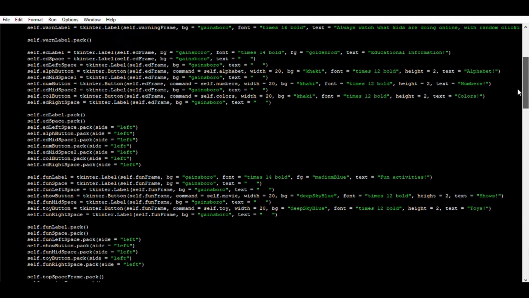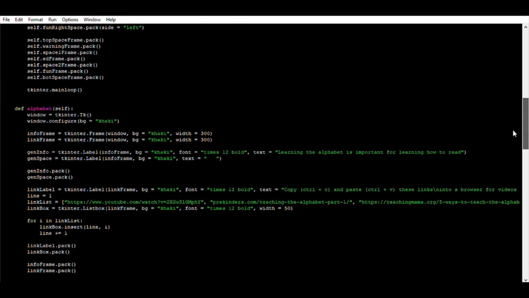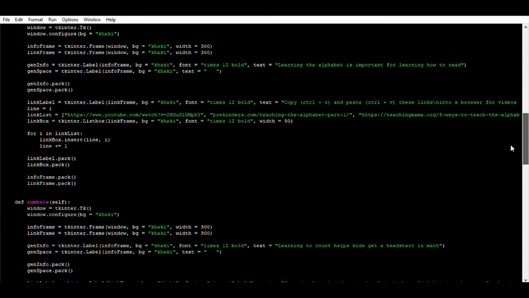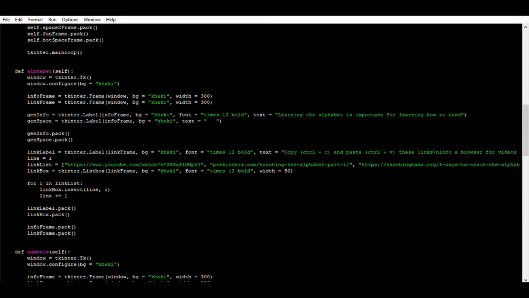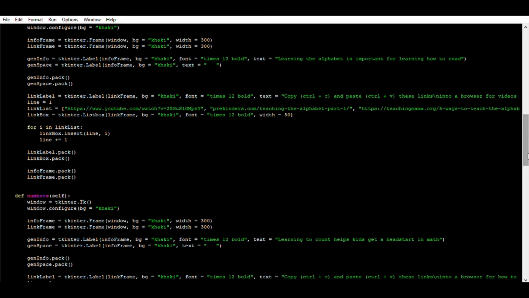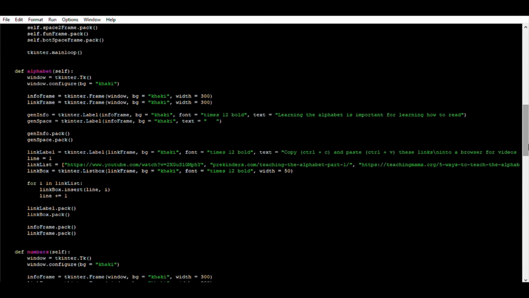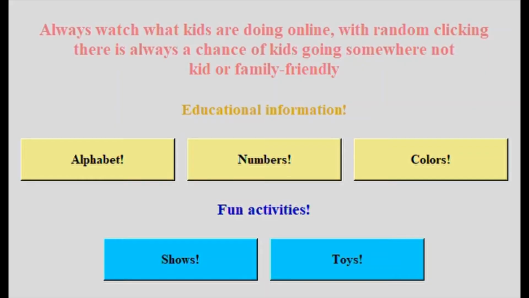But each one of those buttons does still link to another function, where it creates some information up at the top, and then it gives some more information for how to copy and paste, or just a general idea of what these links lead to, and the links are all information relating to what that button is. If I run just the toddler program, you can see that this is the window that pops up, and it's a nicer, more pastel window because toddlers are smaller and they're generally associated with more pastel colors,